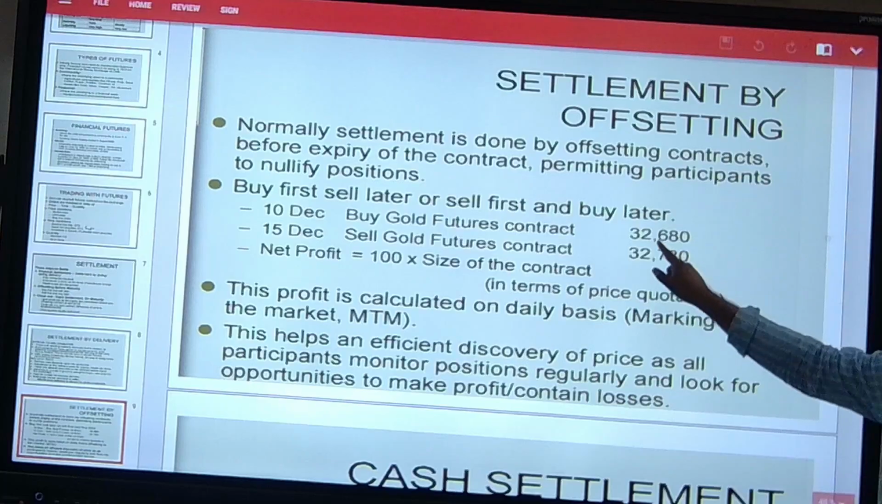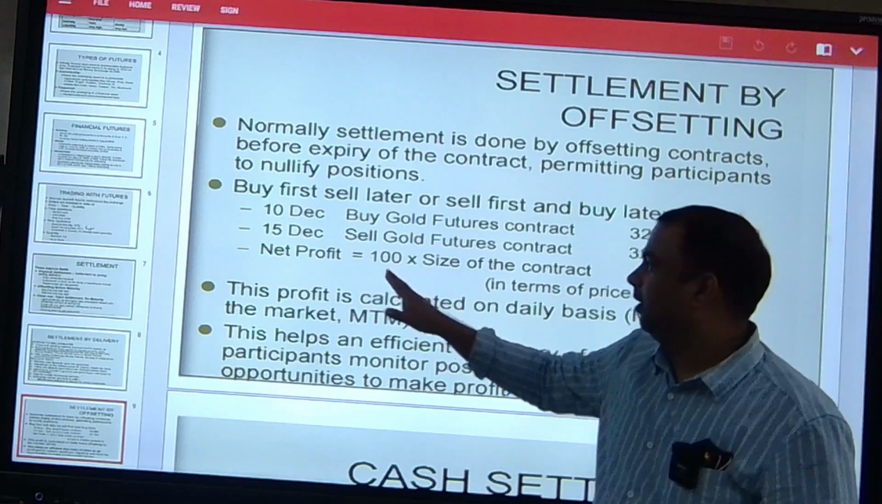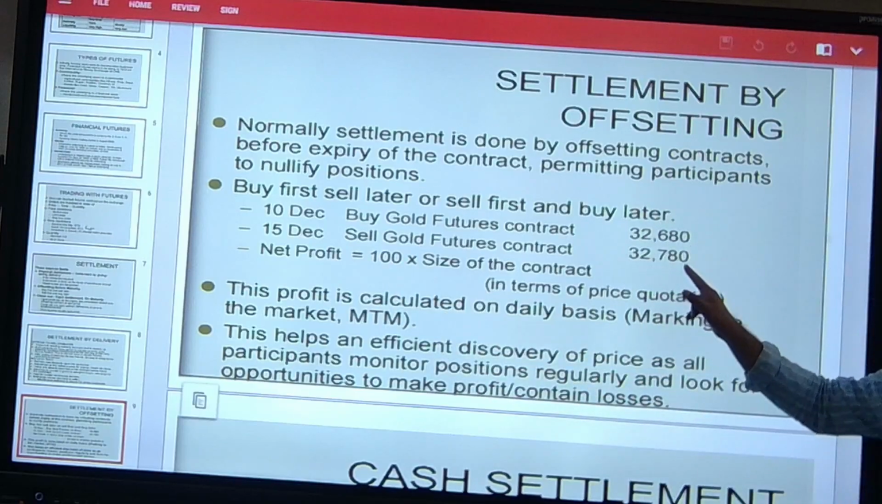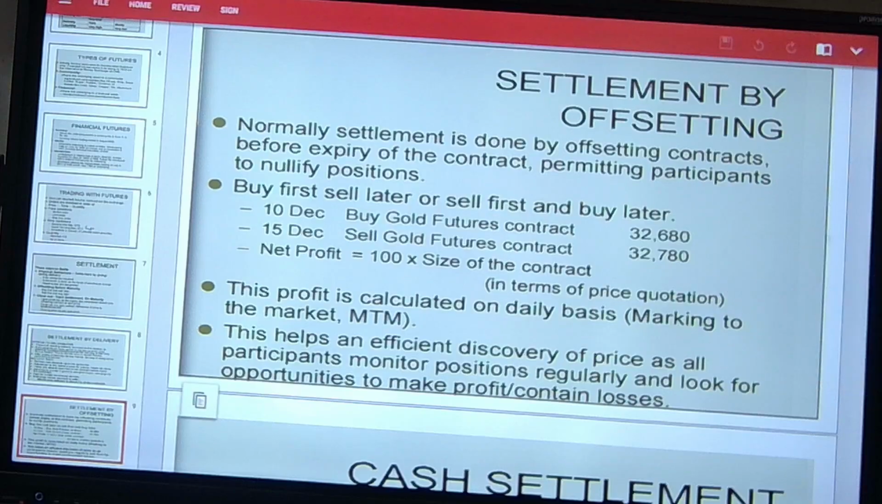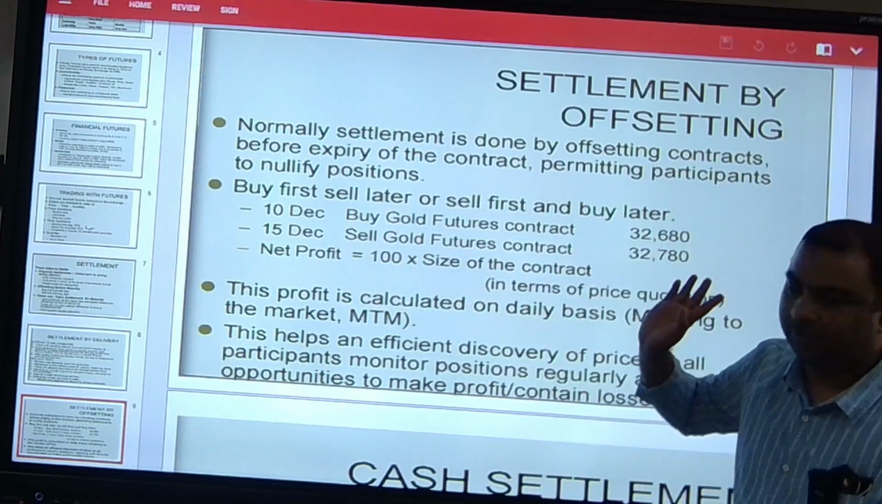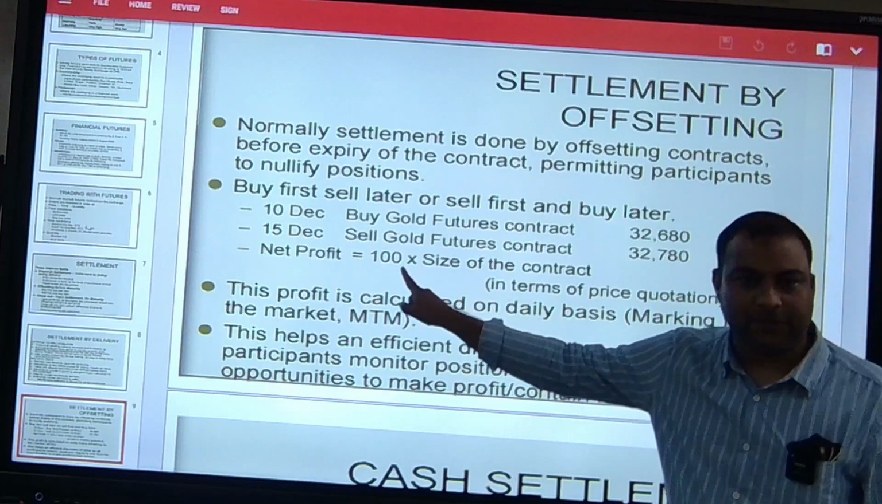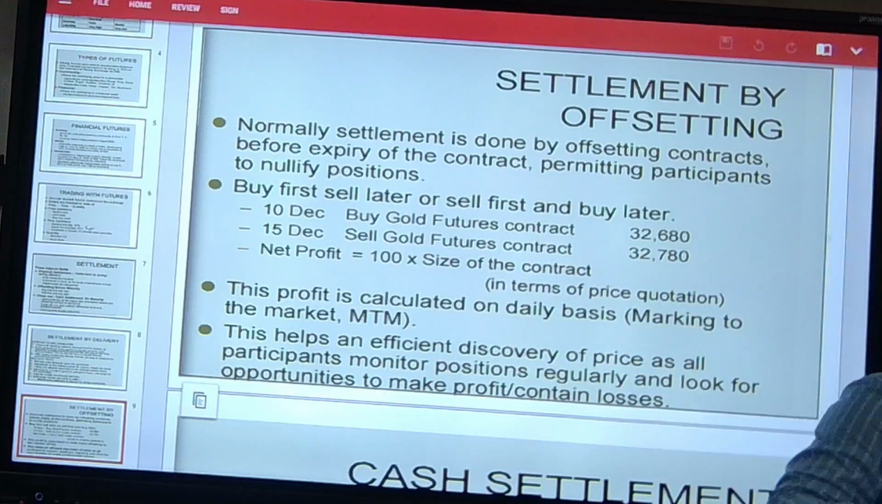The price is 32,680. On 15th of December, the price goes to 32,780. So here you sell your position and you have a net profit of 100 rupees multiplied by the size of the contract. That means